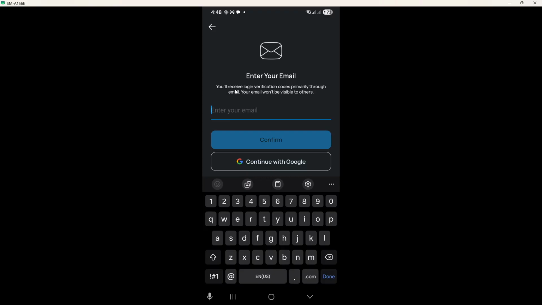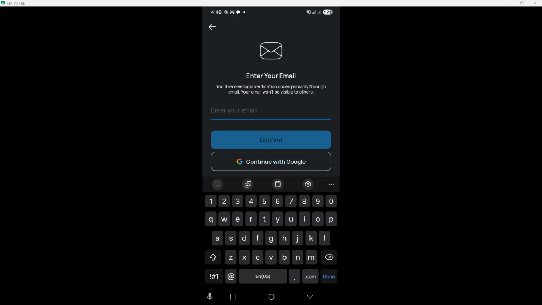At this point, you have the choice to use the existing login email or to add or change the email for backup or recovery purposes. If you decide to add a new email, simply follow the prompts to enter and verify your new email address. This makes sure your account has updated recovery information.